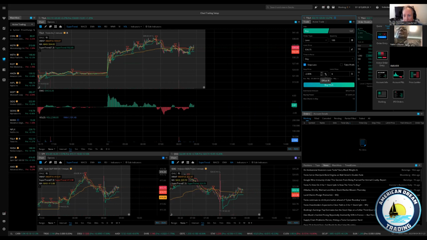When you're setting up your stop loss, this is cool. You can tell it, I want the stop loss to be set by a dollar amount or by a percentage. Again, that's up to you. If you're buying the same types of things,